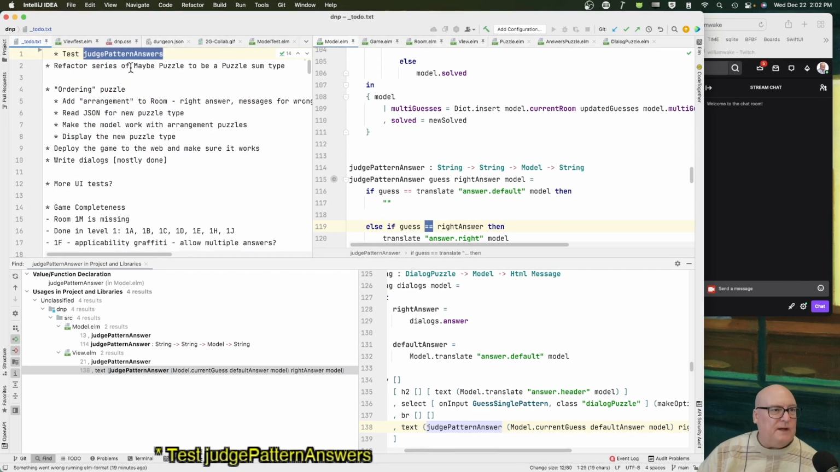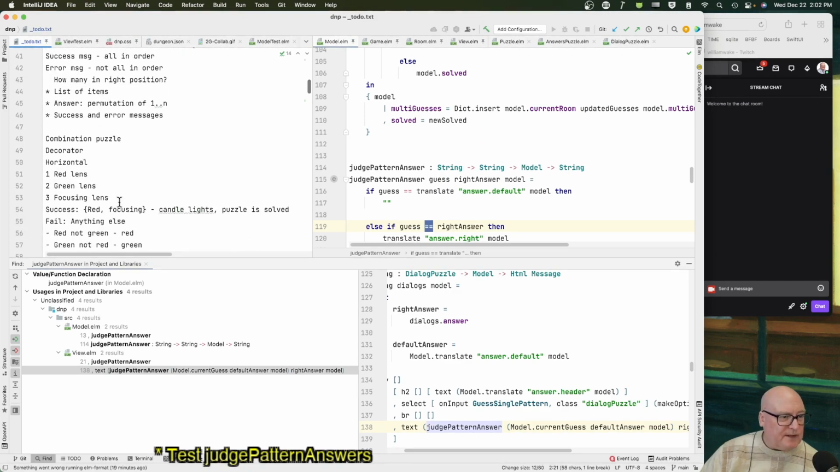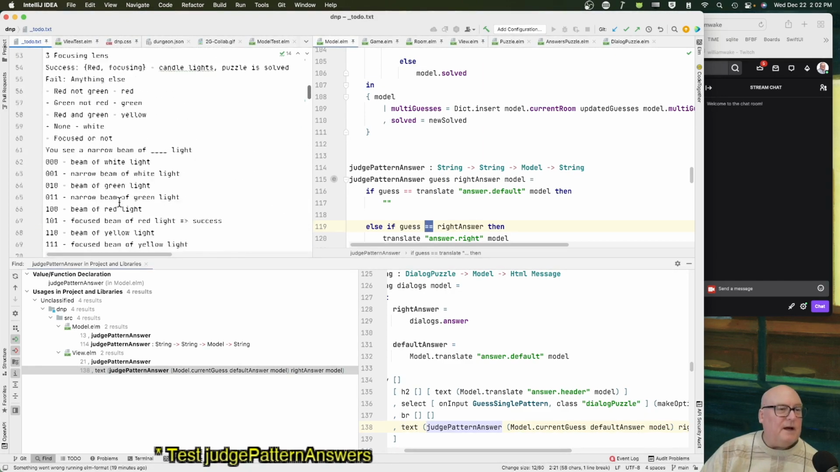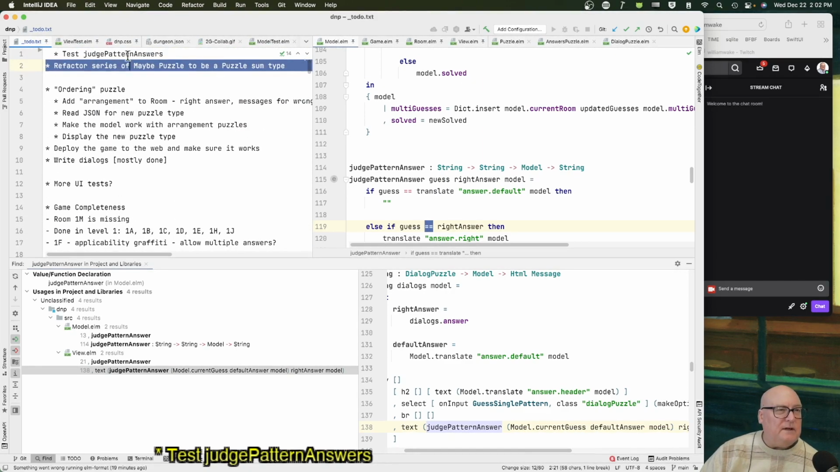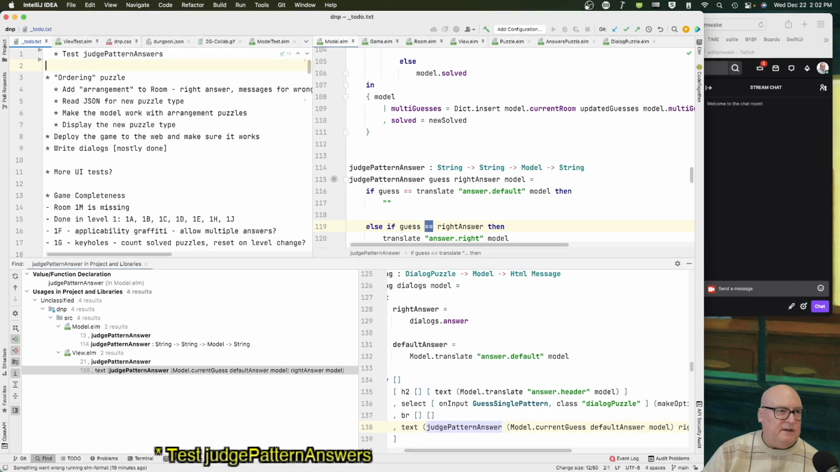Okay, refactor series of maybe a puzzle to be a puzzle type. Okay, that we've done. I think we left that as the overall. Yeah. Okay, I think we're done with this. And then